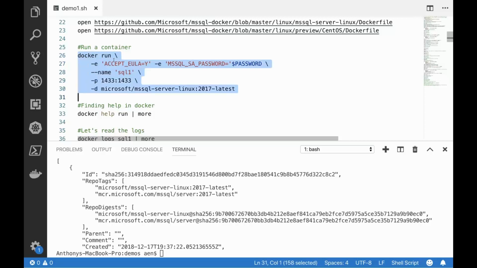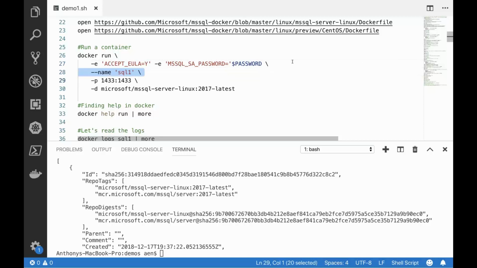So let's go through our docker run options. We need to supply some environment variables to start up the container. We introduced that concept when we talked about what a container is made of, right? Binaries, libraries, and also environment variables. And that helps us configure the things inside of the container because the container image itself is immutable, right? It's this read-only thing. And so I need a way to be able to assert some configuration into the container to get it where I want it to be.